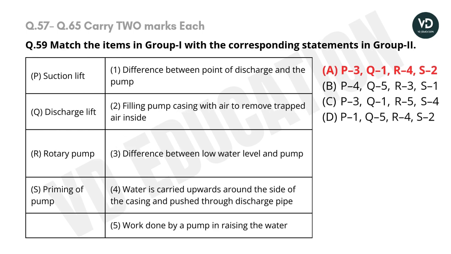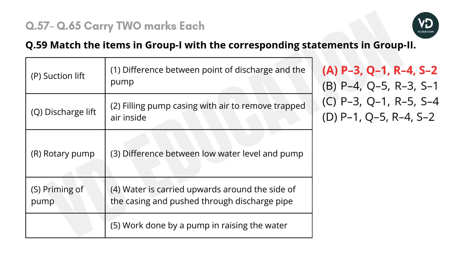Question number 59. Match the items in Group 1 with their corresponding statements in Group 2. Options they have provided: P. Suction lift, Q. Discharge lift, R. Rotary pump, S. Priming pump. And their corresponding statements they have provided: first one is the difference between the point of the discharge and the